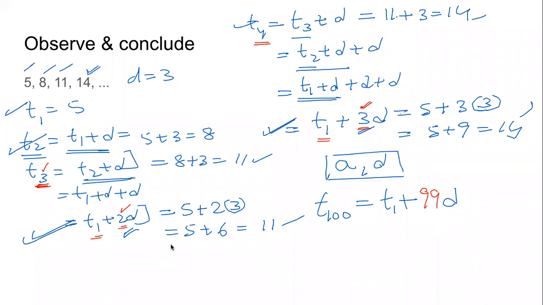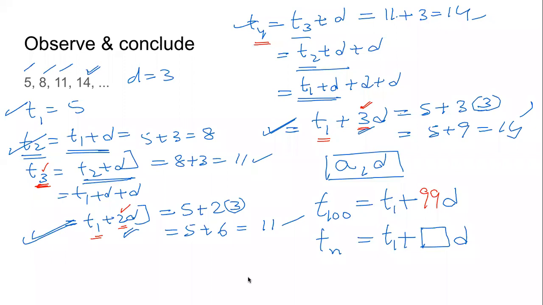Once again, if I challenge you to generalize it and try to tell me, if I write Tn, not T100, Tn, we don't know what n is, n can be anything. I also tell you, you already know this, the first term will be T1 plus, if I put a fill in the blanks here and I write D, what will come in the fill in the blanks? Now the class has understood. Right? We need 1 less than n.